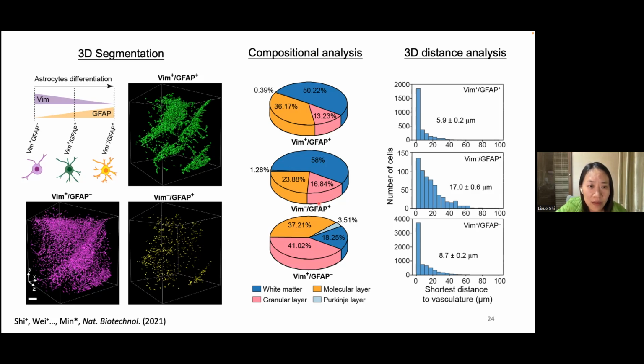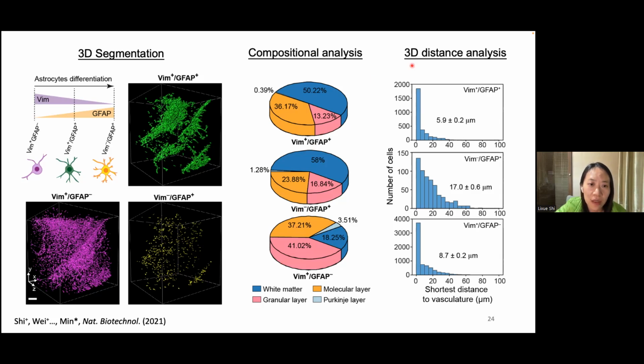For example, we found that the majority of astrocytes, which are the GFAP positive cells, co-express vimentin. This may suggest an early stage of glial development, as we are using a postnatal day 15 mouse, which is also coincident with the time window of the